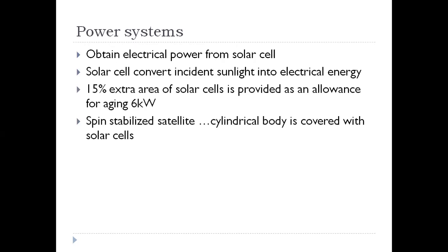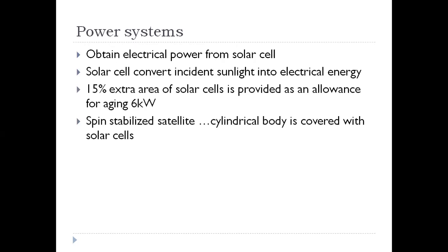The sun is a powerful source of energy. In the total vacuum of outer space at geostationary altitude, the radiation falling on the satellite has an intensity of 1.39 kilowatts per meter squared. Solar cells do not convert all the incident energy into electrical power. Their efficiency is typically 20 to 25% at the beginning of life, but falls with time because of aging of the cells and etching of the surface by micrometeoroid